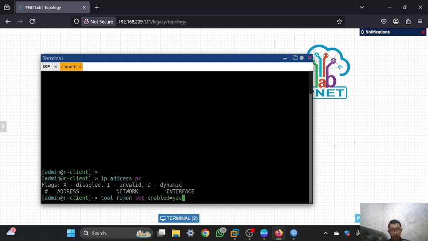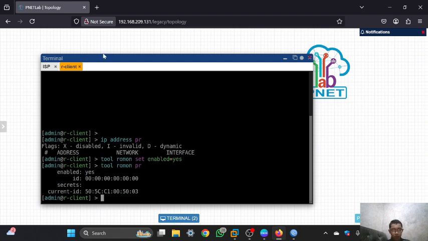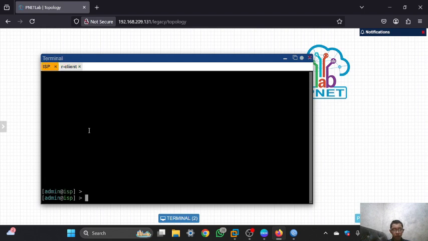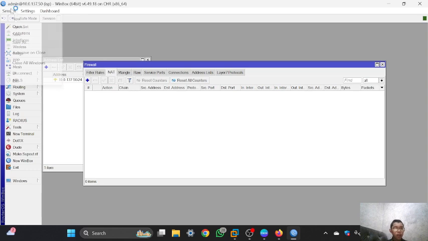enabled yes, then you can see it in here with print. It is now enabled, and also I will configure it in the ISP using tool romon set enabled yes, and now it is connected.